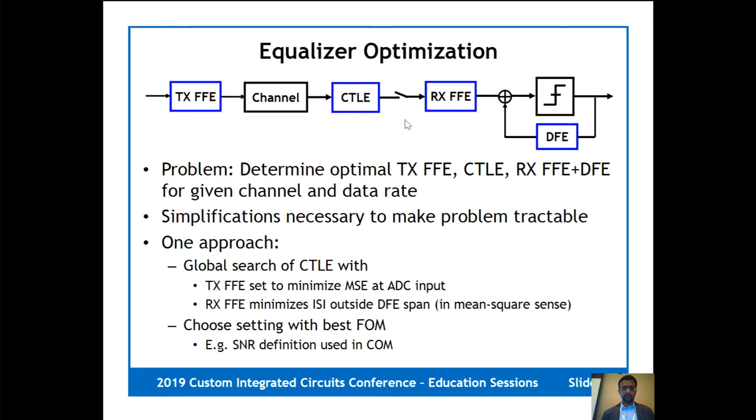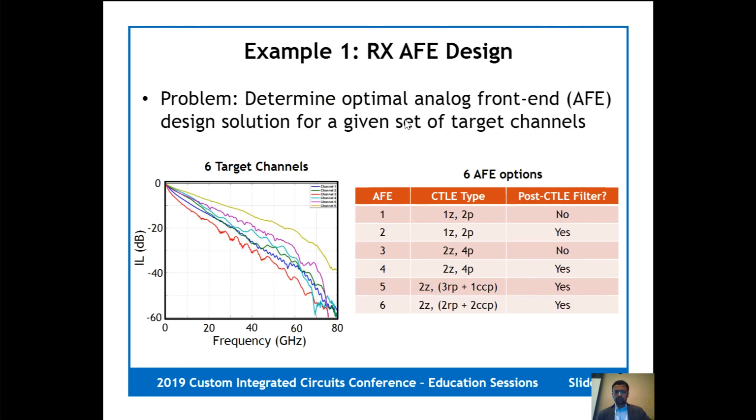Okay, so let's look at maybe a couple of examples to see how these models are actually used in a real link design. So I think I have 3 examples. I'll go over one on the optical side and one on the electrical side to finish up the rest of the presentation. So on the electrical side, here the problem is, okay, so we have these 6 target channels that